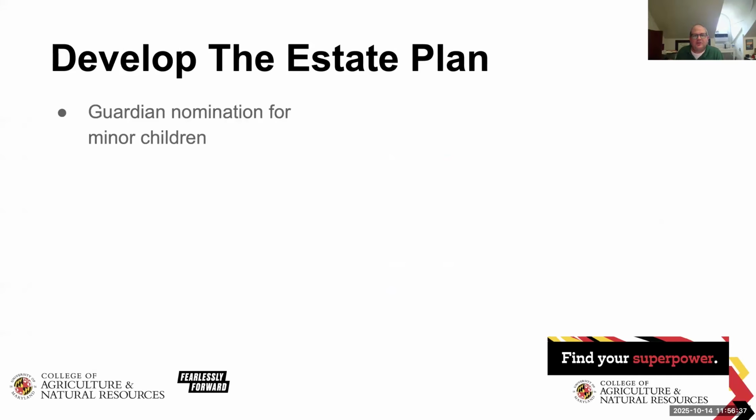So we get to the point where you want to develop an estate plan. First thing, when Ron finally gets to that point, is he talks about at some point who the guardian for his minor children will be. Might be a man and his wife in their 90s, but they have a backup plan to that. You'll often go in and have backup plans for folks you're going to put in your will to do certain things just in case they can't do it or situations change and they're just unable to at that point. So we're always going to think about, if we have minor children, who's that guardian going to be if something happens to us?